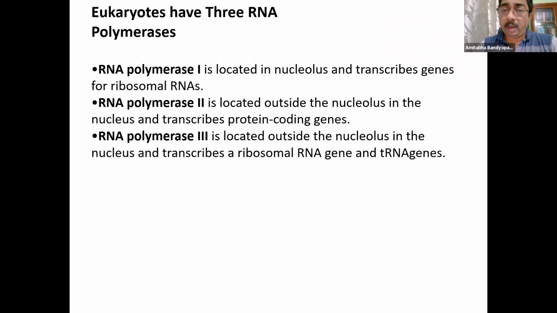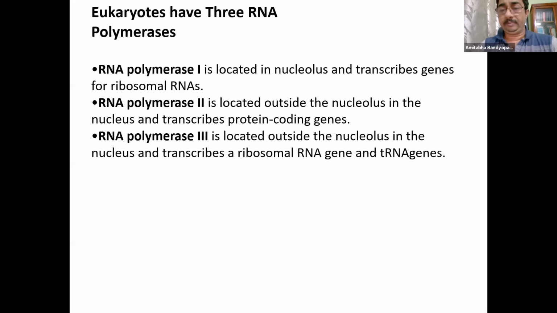RNA polymerase 1 is located in the nucleolus and transcribes genes for ribosomal RNA. RNA polymerase 2 is located outside of the nucleolus, in the nucleus, and it transcribes the protein coding genes. RNA polymerase 3 is located outside the nucleolus in the nucleus and it transcribes one ribosomal RNA gene and all